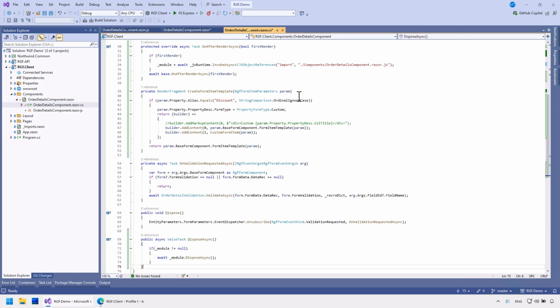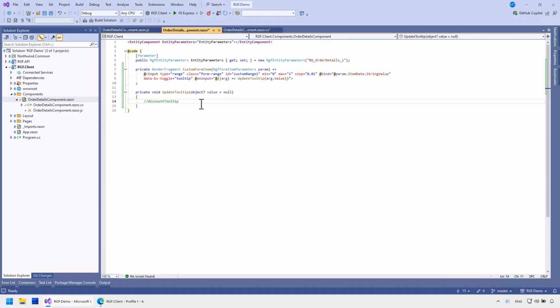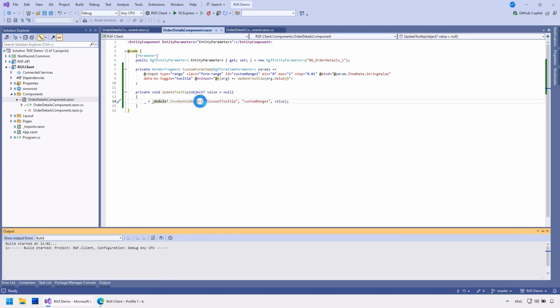So far so good, I just need to call it. The first parameter is the function name, the second is the ID, and the third is the value. Let's try it again.